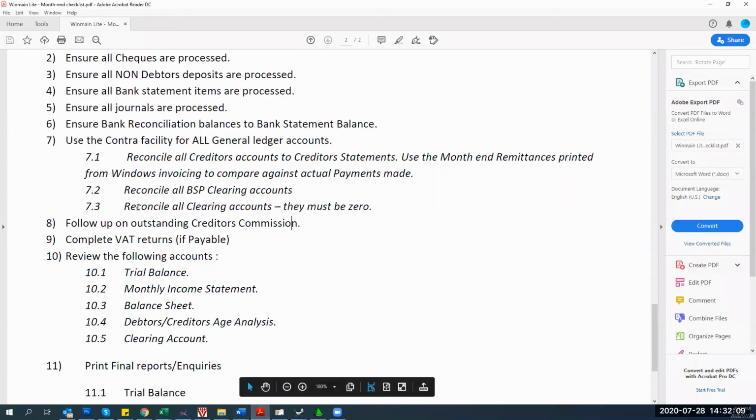So have we reconciled the clearing accounts? Are they zero? Yes. Tick. The outstanding creditors' commissions, again with referral debtors, I'll be printing my statements from there. I've shown you how to do that. VAT returns, if applicable. Now, step 10 talks about your trial balance, your income statement, your balance sheets, age analysis,